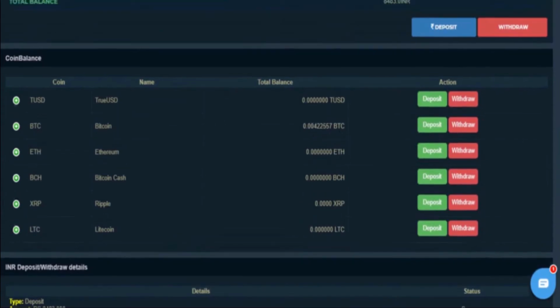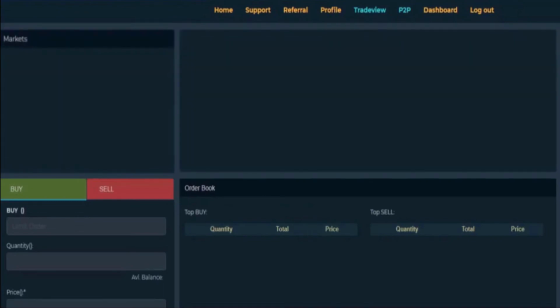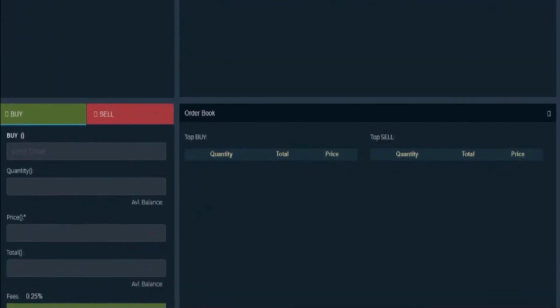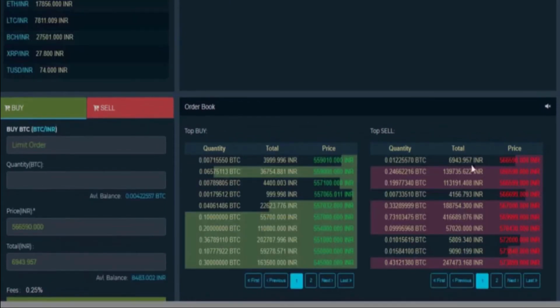So now I am going to buy Bitcoin. I will click on trade view. Now I will select buy, and in place of total INR I will enter the total amount, how much I want to buy.